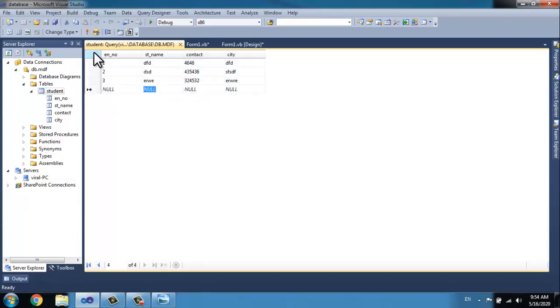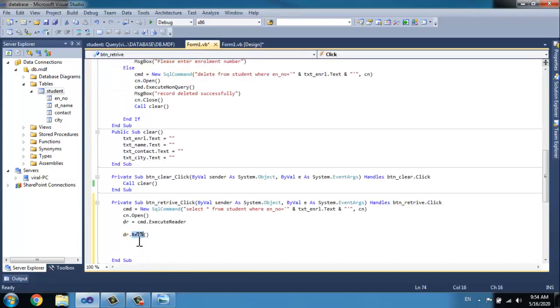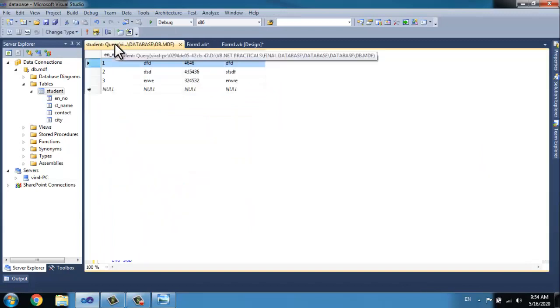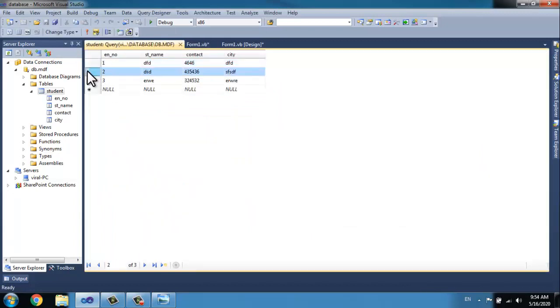At the very first step, when the dr pointer is before the first row, the Read procedure increments the dr pointer by 1 and moves to the first record. If a record is fetched or information is available, the Read procedure returns true. If a record is not available, then Read returns false.